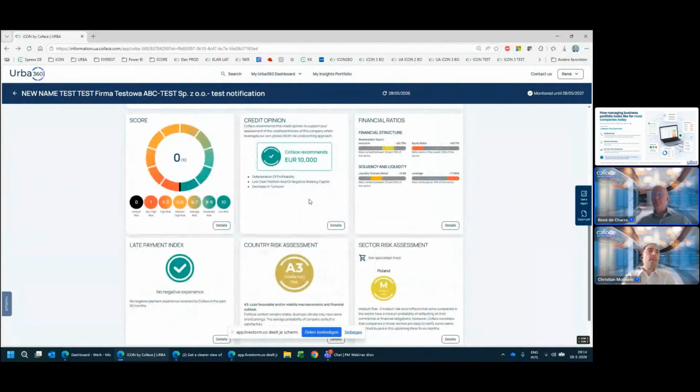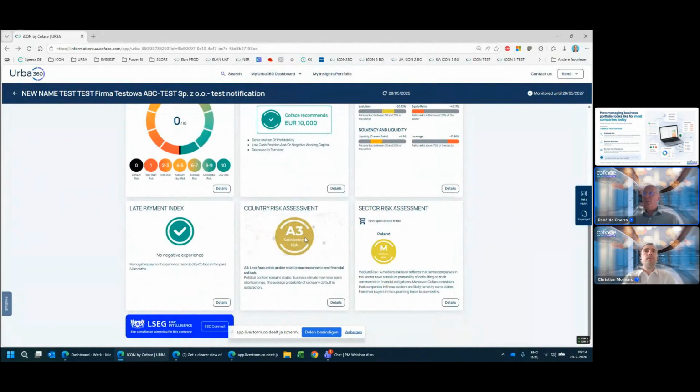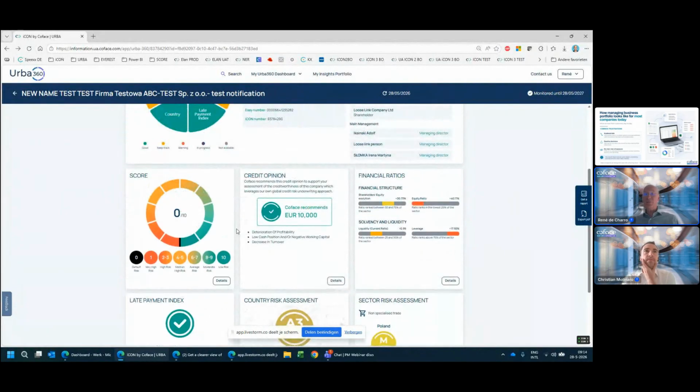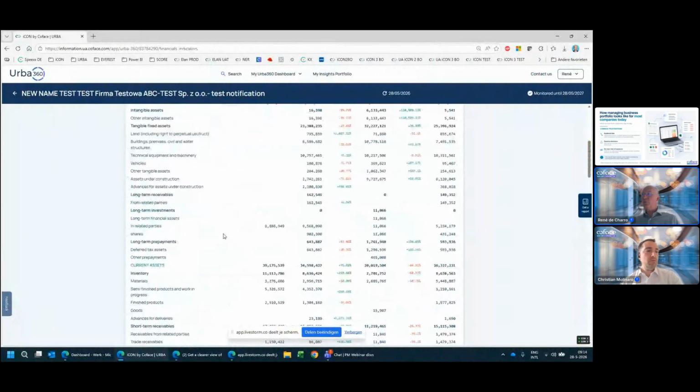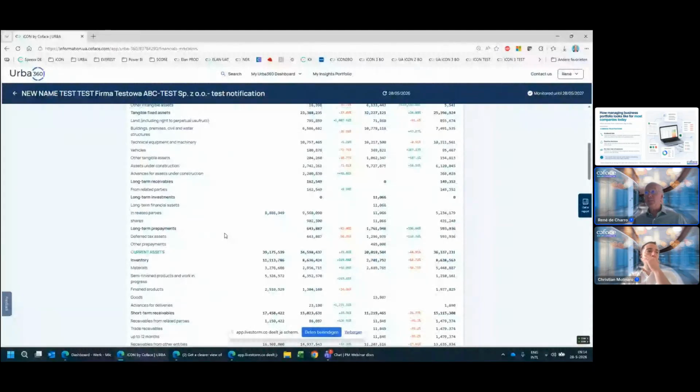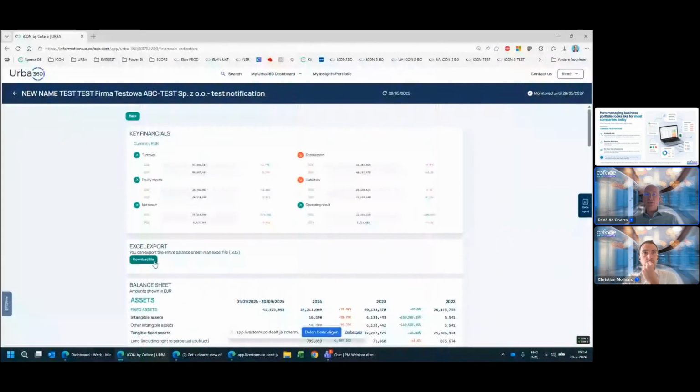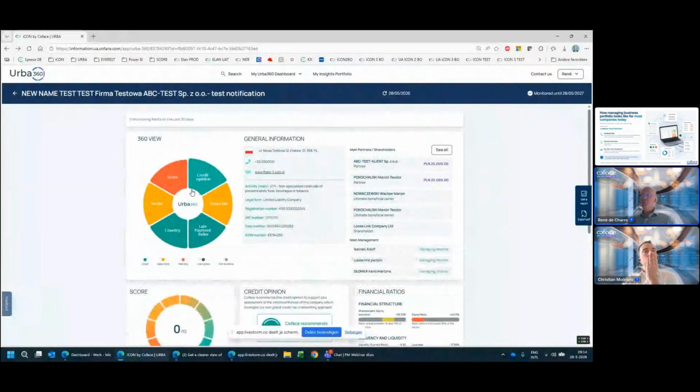We give you country risk assessment on 160 countries. We have the score in 195 countries, same for the credit opinion. We give you financial ratios, how this company is doing compared to other companies that we have in our database with the same turnover, same country, same sector. When you deep dive, we give you some more insight in this company, and we also give you financials that you are able to export or download in an Excel file. So this is a really, really quick look at Urba. This is where you get the information, and once you order the company, this company will end